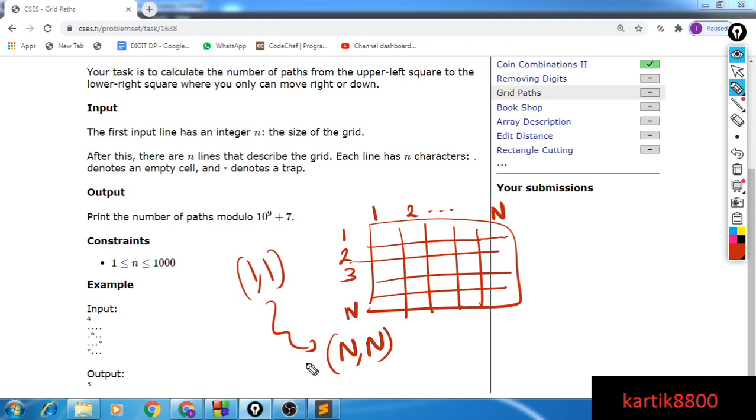Okay, that is what you would like to find out, and the only operation that you can do is, in one move, you can go from a cell I comma j to right or to down. So from I comma j you can either go to I plus 1, one row down, comma j, or you can go from I comma j to I